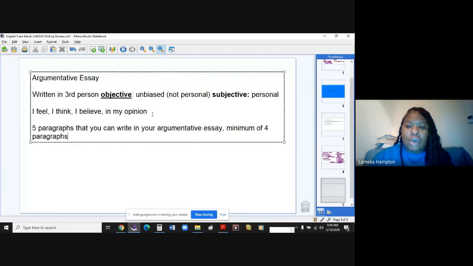Now, what I would like to do, I want to go over each part of the essay as a refresher, so that way anybody that's watching this can have a better understanding of how argumentative essays work, okay? And again, to Mr. Neal and Brittany, if you have any questions at any given time, you can take yourselves off mute. You're more than welcome to ask. And then once I answer the question, just make sure you put yourselves back on mute, okay? So again, any questions at all, please feel free to ask.